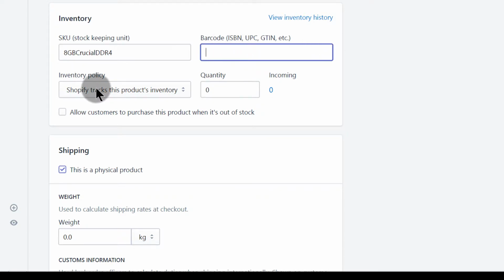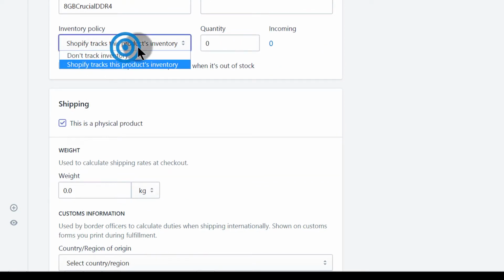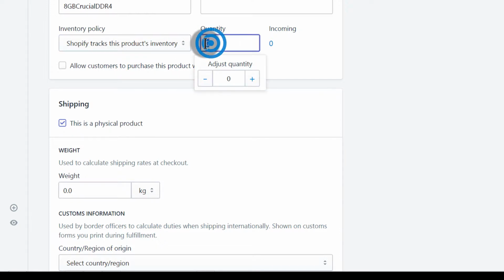And then inventory. Yes, I want Shopify to track the inventory for this product. And this will mean that if the product is getting low in quantity, Shopify is going to change the color of the product listing, and I would be able to see that the product quantity is getting low and I need to restock. Okay, so make sure you add the quantity that you currently have. Maybe you only have 10